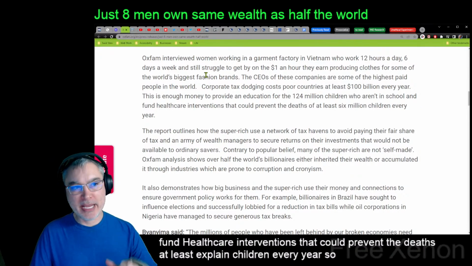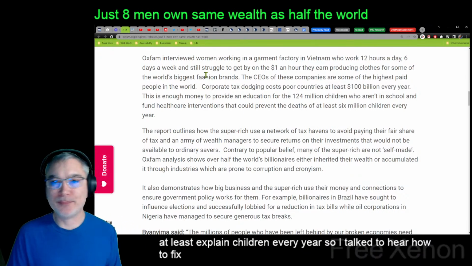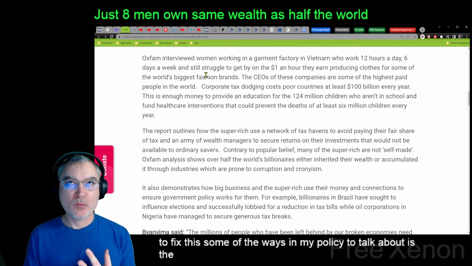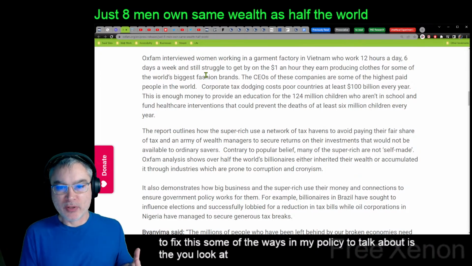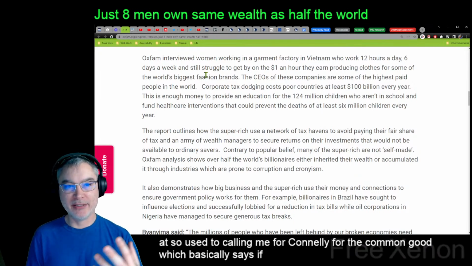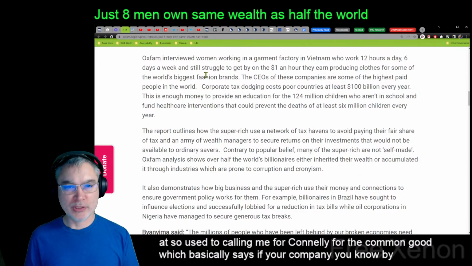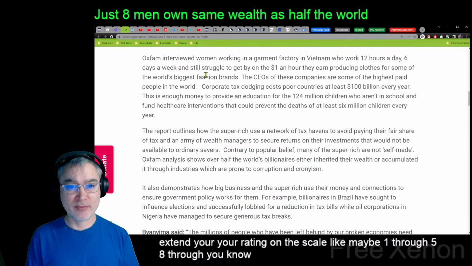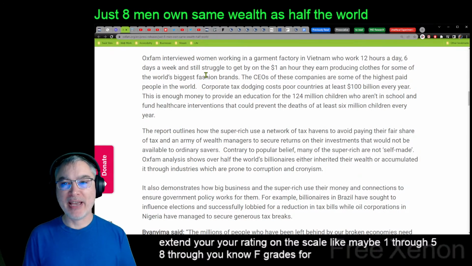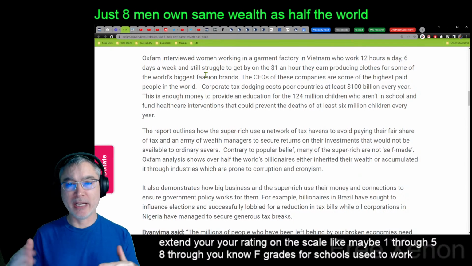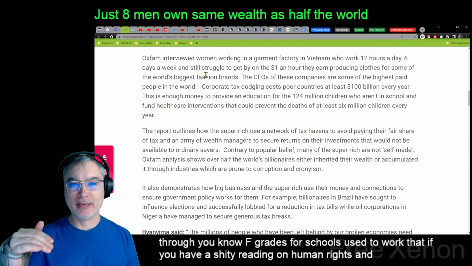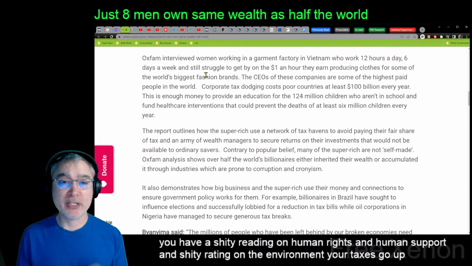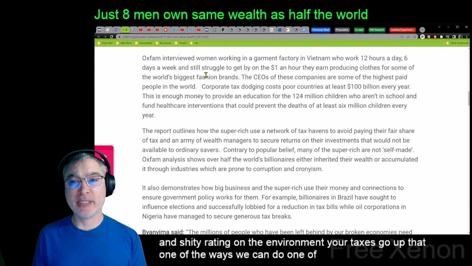So I've talked here on stream about how to fix this. Some of the ways in my policies is we'll use the economy for the common good, which basically says if your company violates certain rules, then your rating on the scale, like maybe 1 through 5, A through F, like grades for schools, goes down. If you have a bad rating on human rights and human support and on the environment, your taxes go up. Now, one of the metrics we can use here is